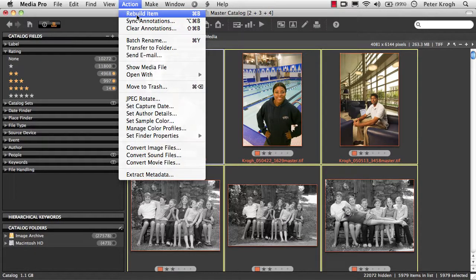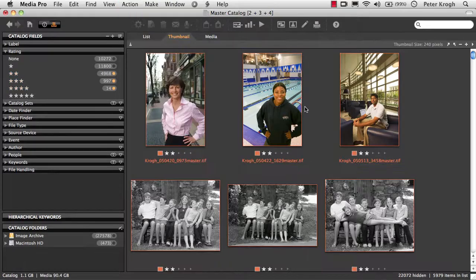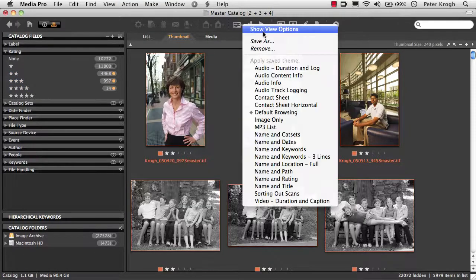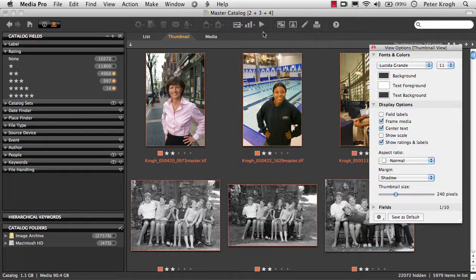This is going to now create full screen previews as well as the 640 pixel medium quality thumbnails in the catalog. You may also wish to update your view options so that the look of your catalog matches this new Media Pro interface, and we'll cover that in a different movie on the user interface.